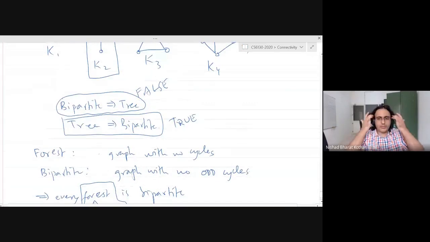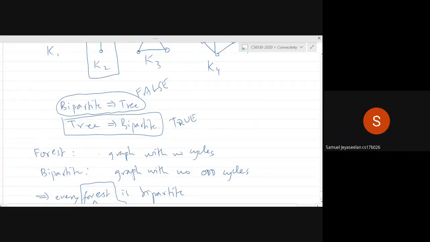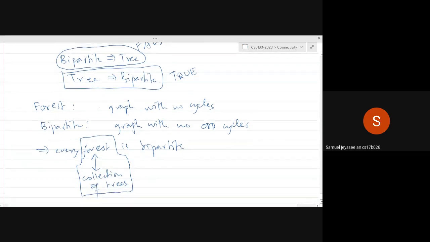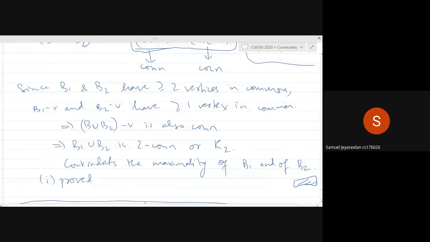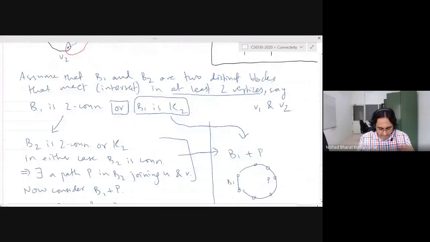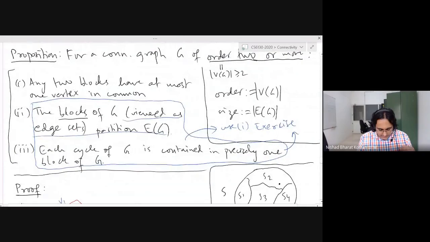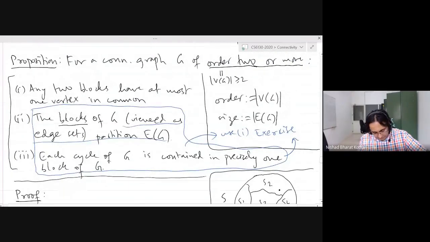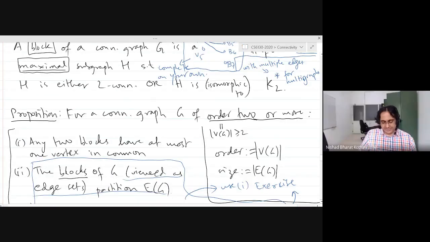Okay. Any other questions? No, sir. I meant for that particular bipartite graph that you just showed us. Is that a tree? Because you called it a tree somewhere. Right, right. So why is that a tree? That is a tree because of part 3 that you will be proving. If you can find a cycle in that bipartite graph, then you will find a cycle that belongs to 2 blocks in the graph, and that will contradict statement 3, which you will be proving as an exercise. Oh, okay. Sure. Okay, thanks.